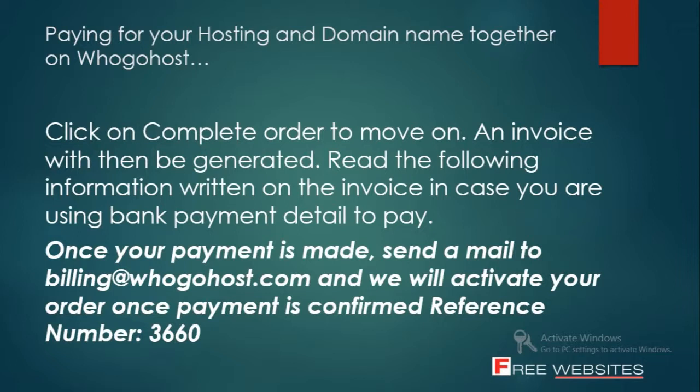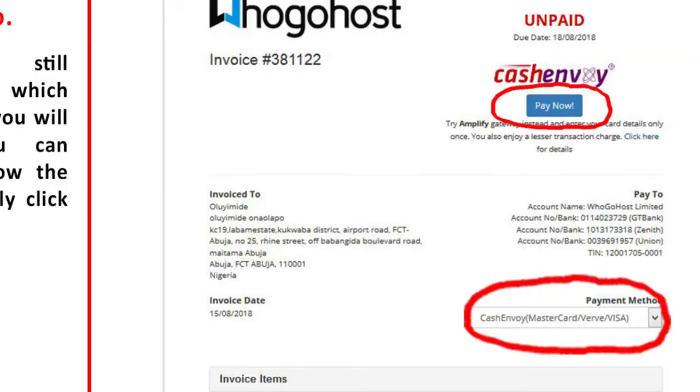So once you have paid with your bank details, you send them the detail on the bank deposit slip, the teller number, your name, the purpose of paying and the package you are paying for. So once it's paid for, then add the reference number attached to your invoice. Then they will confirm and you are good to go. But in case you are using an ATM card, just like myself, you don't like much stress, you don't like going to the bank and queuing up for a very long time. So then this option, pay at once, is available, which you use